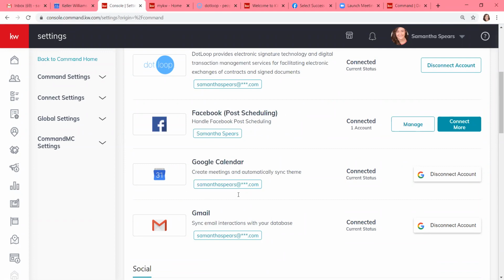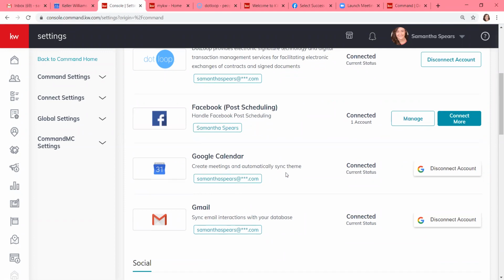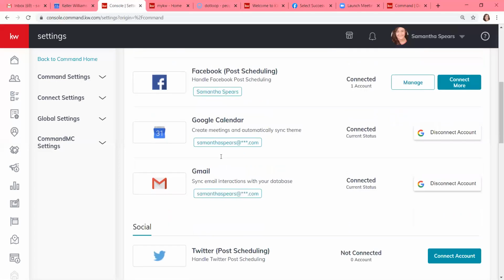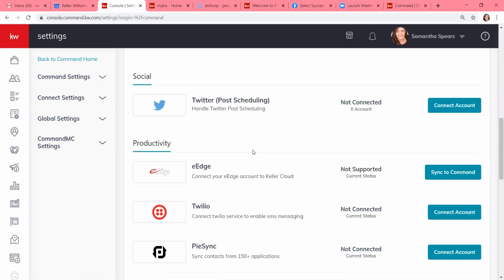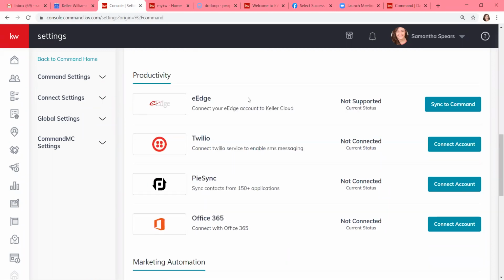You also have Google Calendar. What this does is, if you're in a contact, you can add a calendar event on your calendar if you want to set up a meeting with your contact or anything like that. Then we have Gmail. This gives you the opportunity to click on a contact's email and it will open up Gmail for you. Twitter, I don't have a Twitter, but this will allow you to post on Twitter. And then you also have eEdge, so agents that are